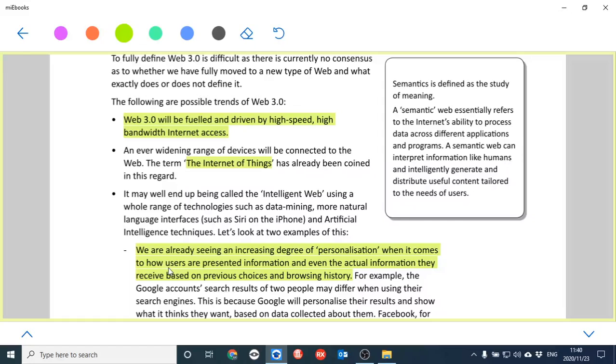But what about our TVs? Already done. What about our fridges, our toasters, our beds? What about our entire house connected to the internet, talking to the internet, providing information about us, for us? So this is the Internet of Things.